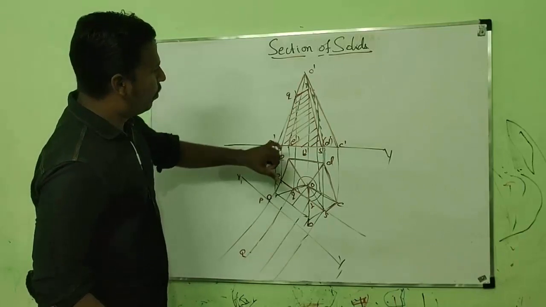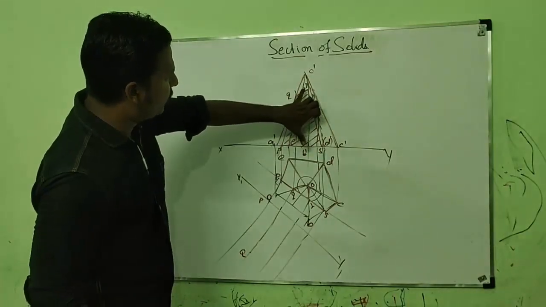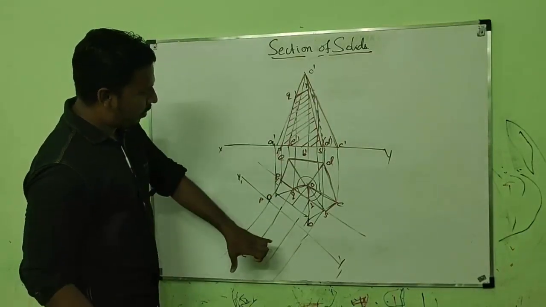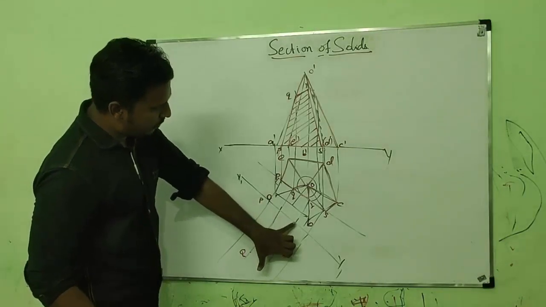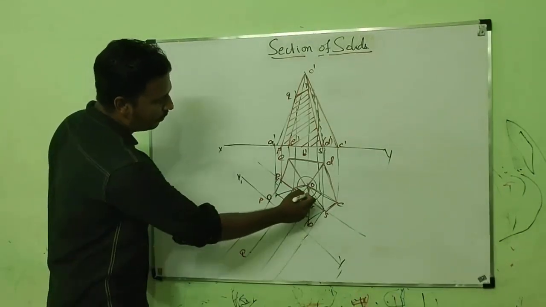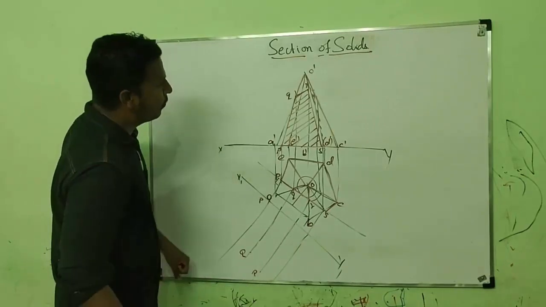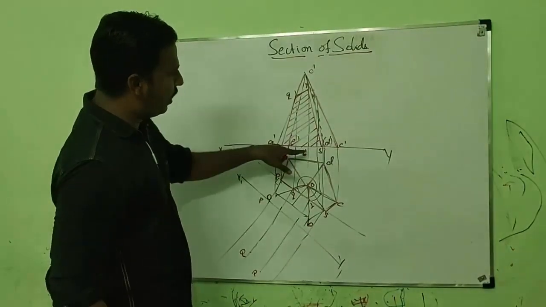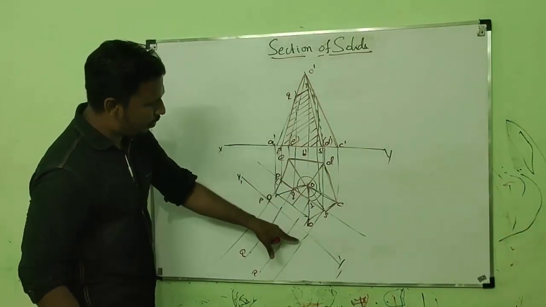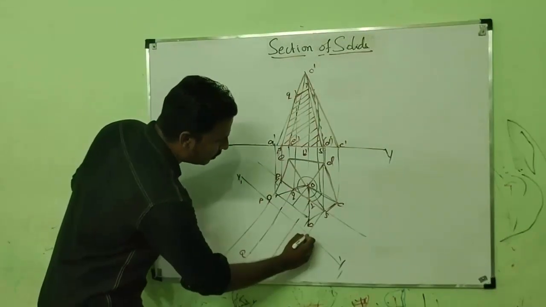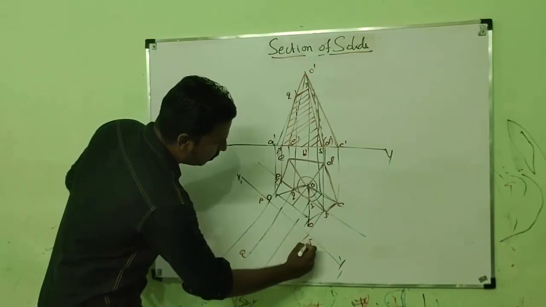So this is point Q. Then point R is here. We have to measure the distance of point R here. And using the compass, we have to transfer the point on the line which is going from R. This is point R. Then the point S is on the XY line itself. So here the point should be on the X1, Y1 line itself, which is from S. This is point S.